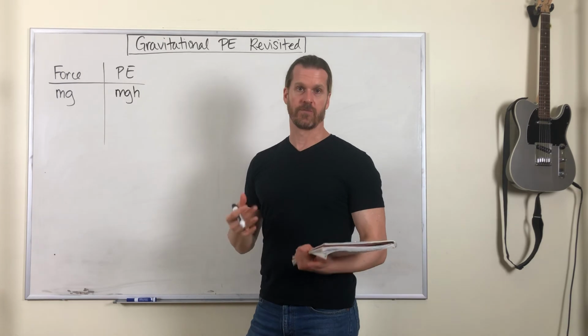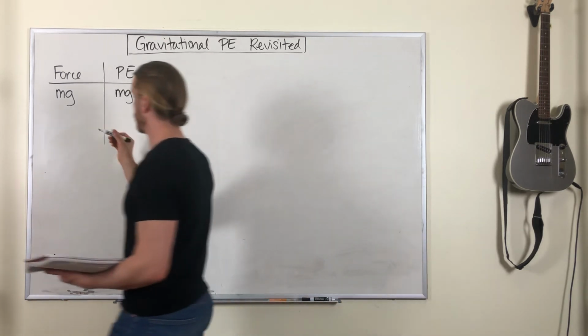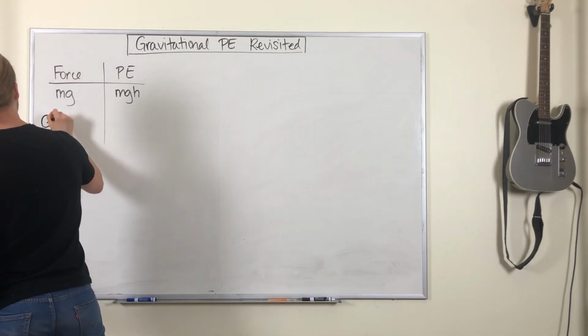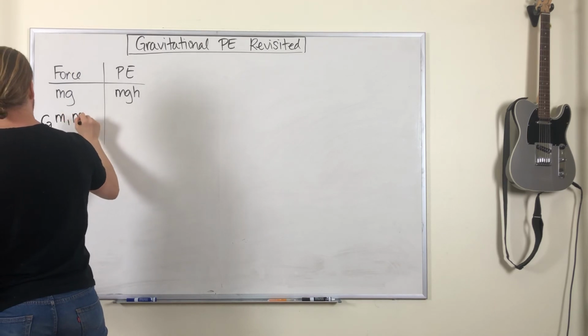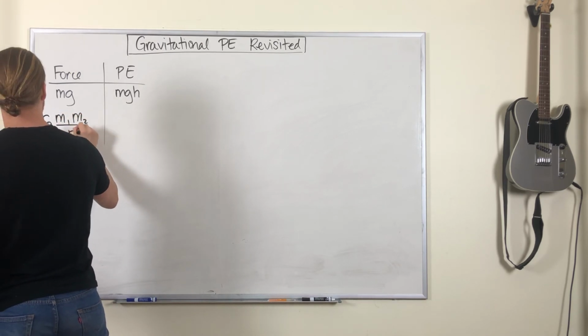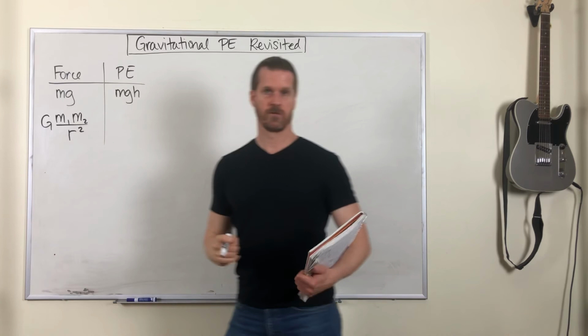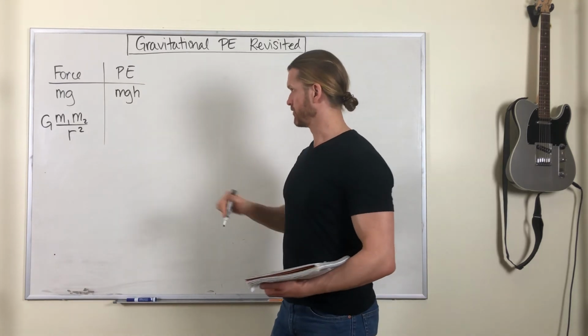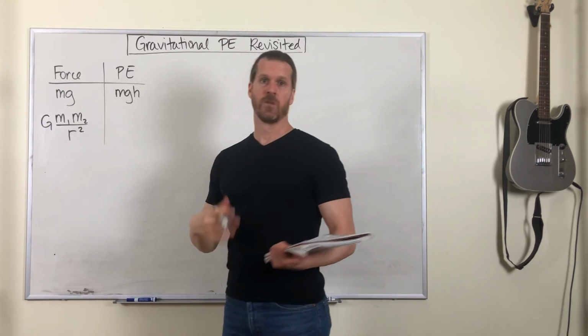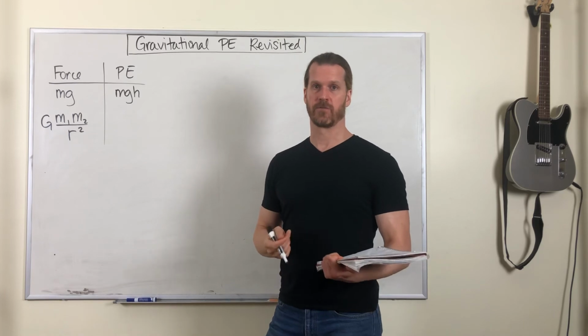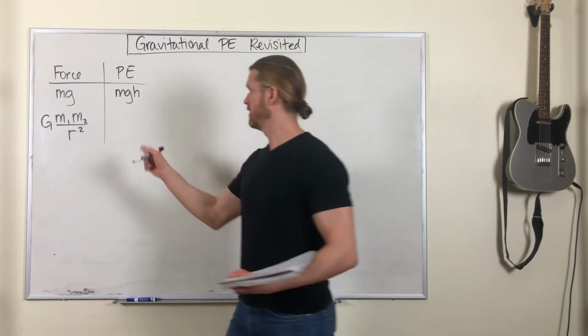Now we've learned this more complete version of the gravity force, capital G times m1, m2 over distance squared between those two objects. And now the corresponding full expression for the gravitational potential energy looks like this: